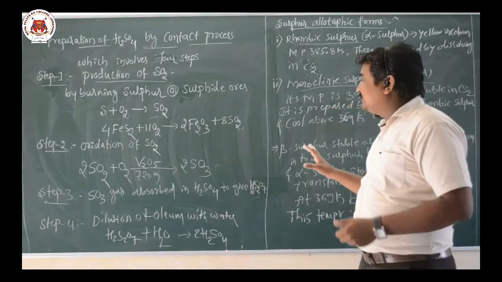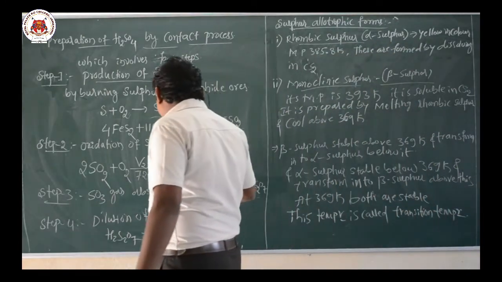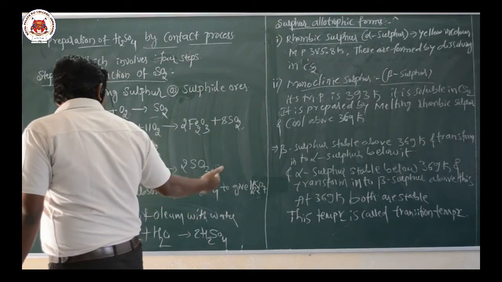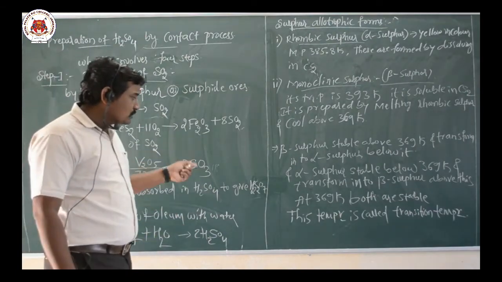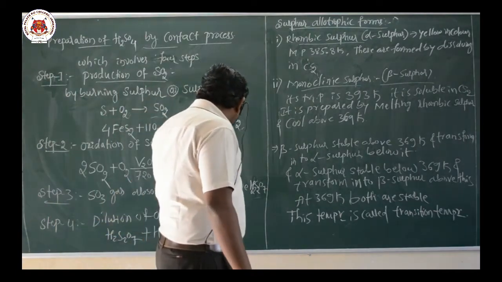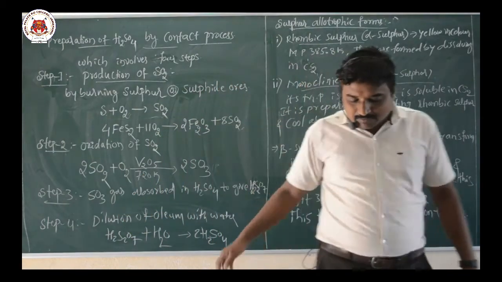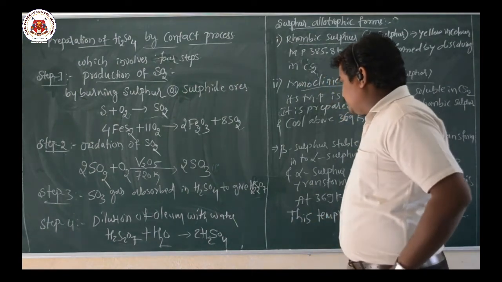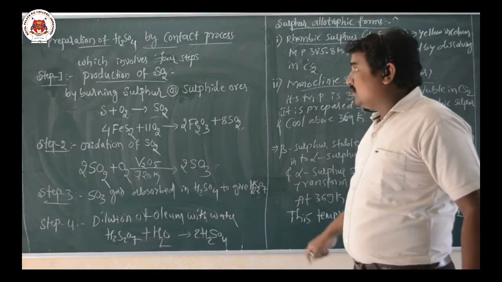Now the third step is that when SO3 gas is absorbed in H2SO4, there is a formation of oleum, that is H2S2O7. After this, dilution of oleum in presence of water takes place, and there is a formation of H2SO4. So these are the 4 steps of the preparation of